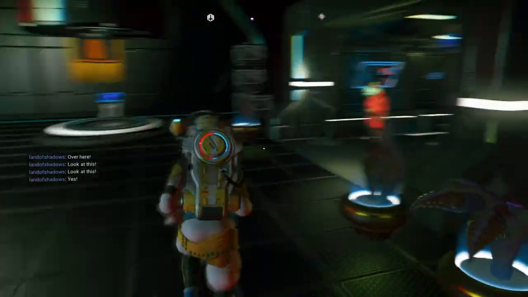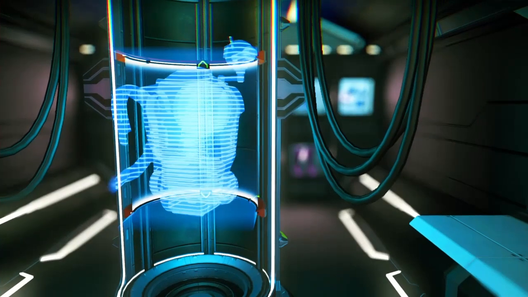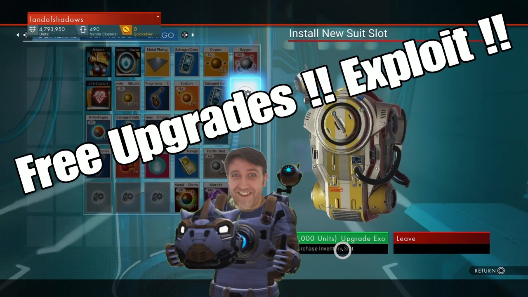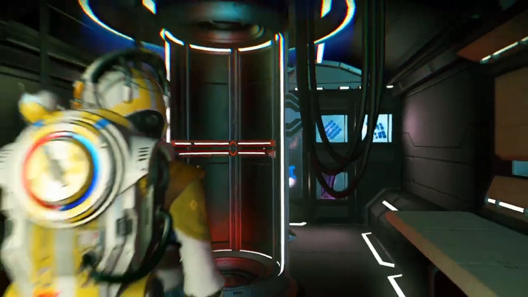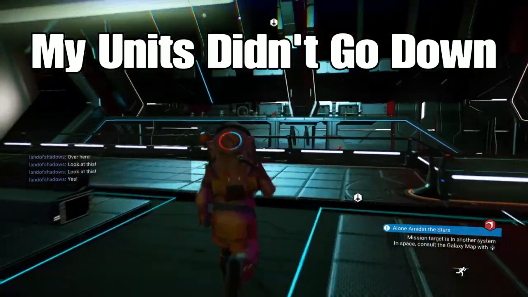Right, okay, so let's run over here, and now I can interact with this. You know, I got here using the Nexus. I didn't use any hyperdrive fuel at all. That's going to cost me 20,000 units. Don't mind if I do. Thank you very much. Now I'm just going to run over to the other side, sell these ancient bones, and